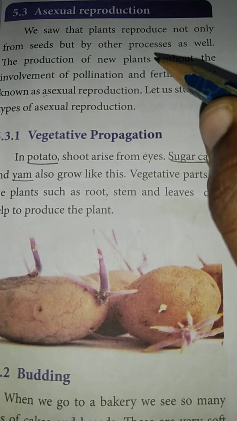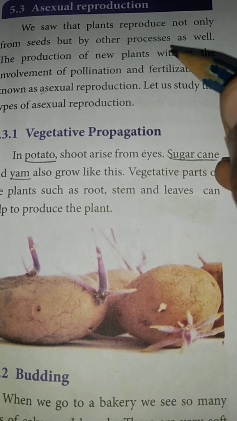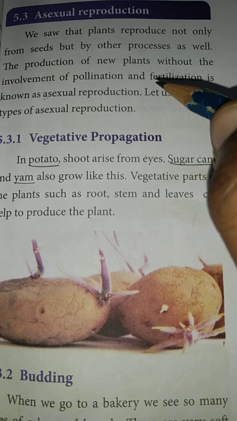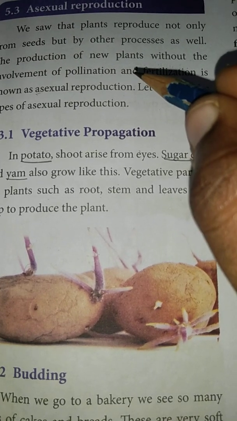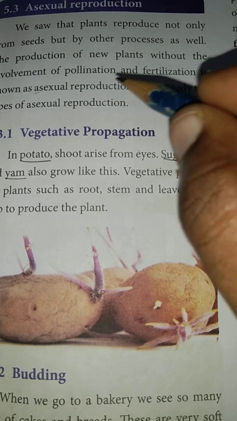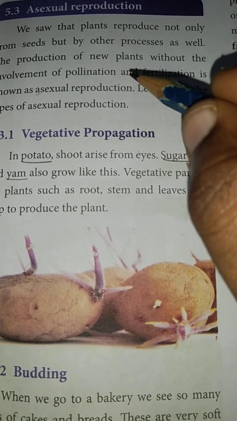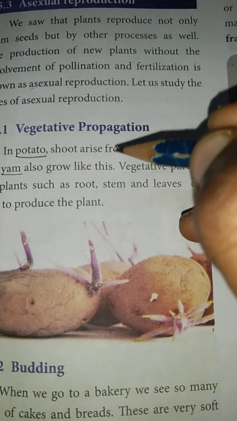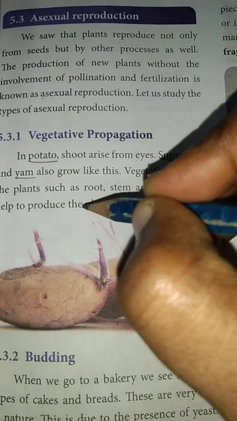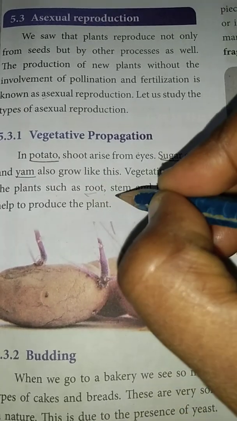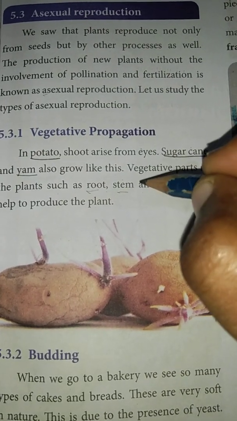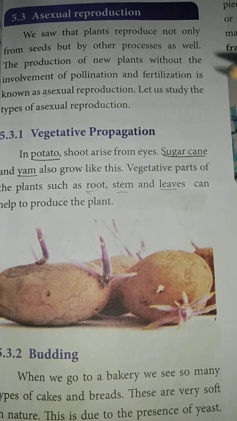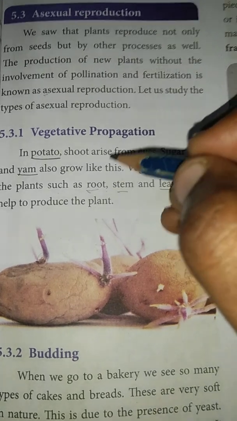Good morning, students. In the last class we saw sexual reproduction. Apart from that, any other part, other than a seed, from which a new plant develops is called asexual reproduction. Among that, the first one is vegetative propagation. Any one of the root, stem or leaf, when we keep it in the ground and it starts to grow, is called vegetative